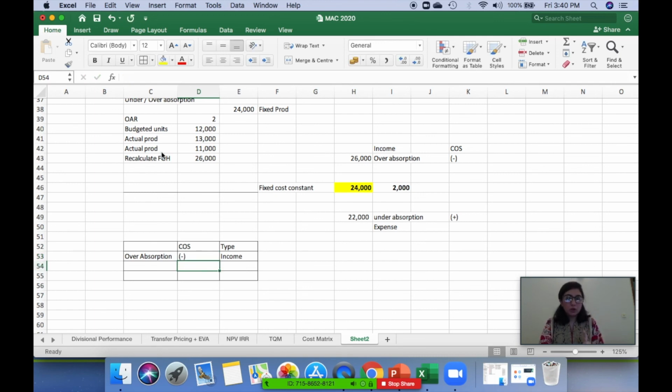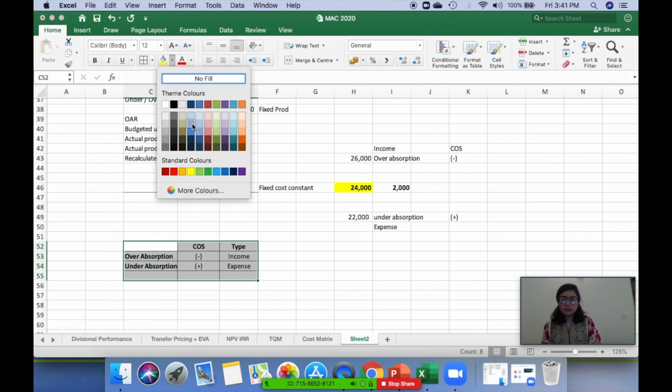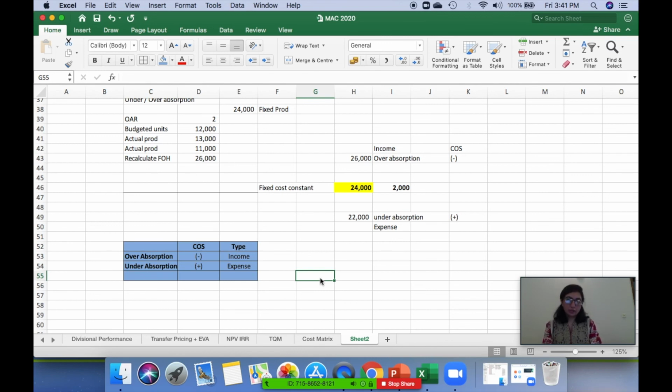Remember, overabsorption, underabsorption must always be adjusted in cost of sales, not in net profit, not in contribution, not in gross profit. And using underabsorption approach, you will add it back, because in this case you have taken less fixed cost as it should have been, so it becomes an expense for you. So this is the table that is very important for you to memorize. You don't have to memorize it if your concepts are clear, if you understood what over and under absorption is. So this table will help you understand this concept of over and under absorption, right?